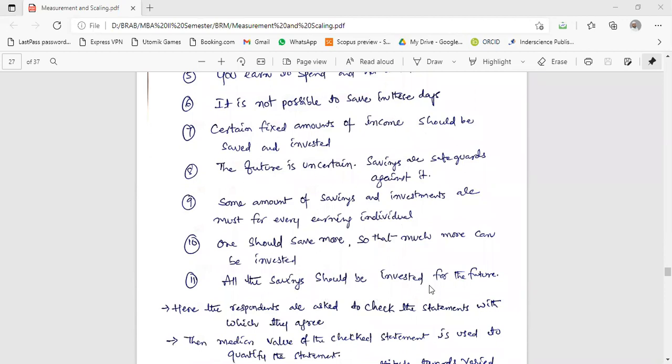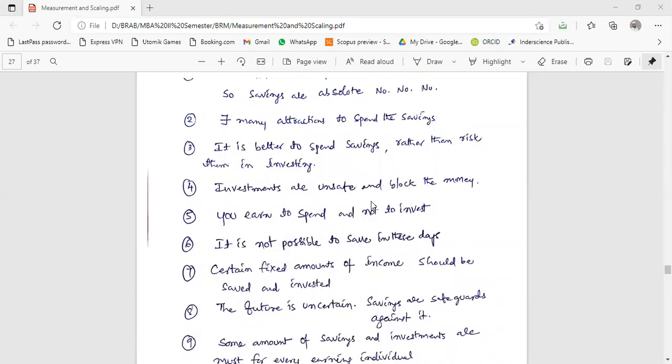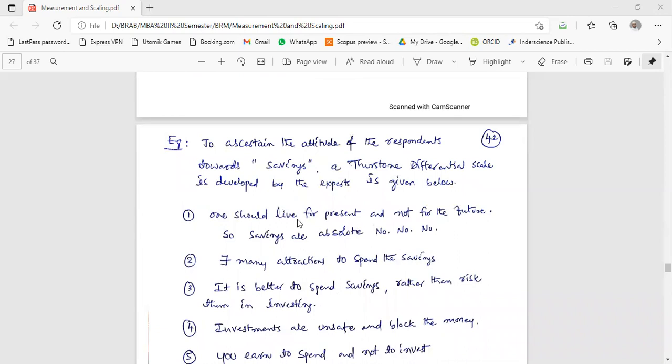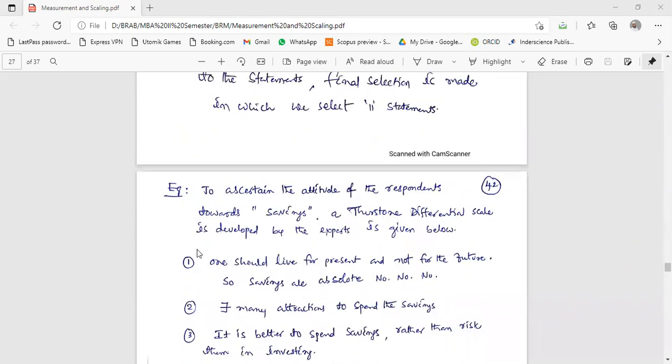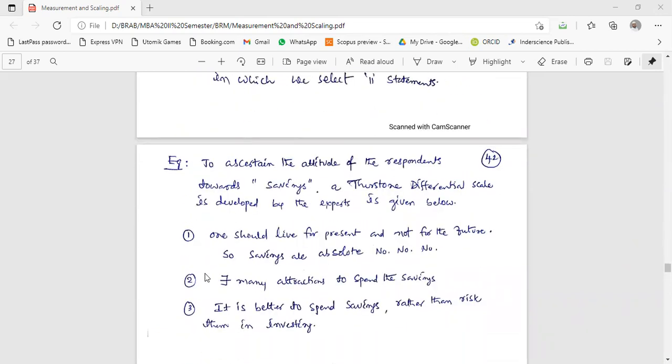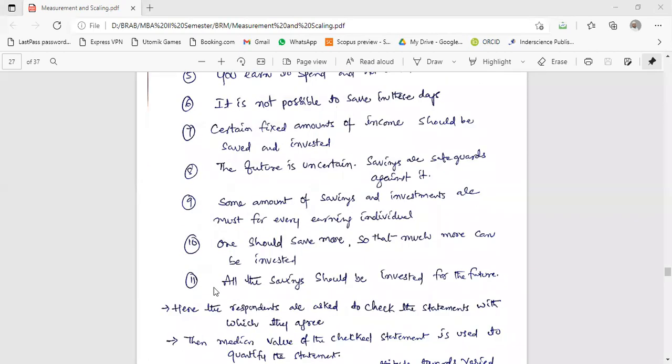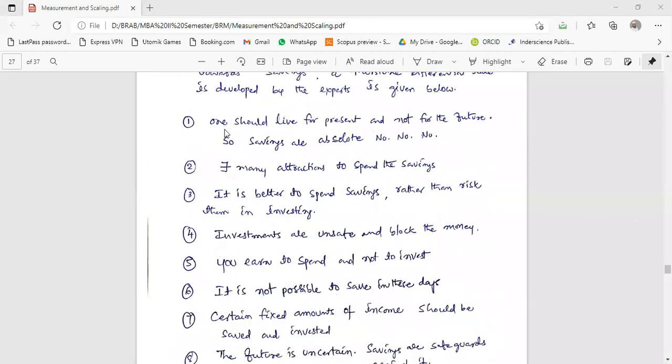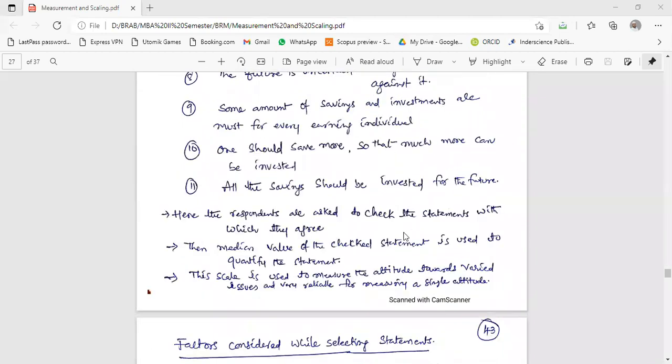All the savings should be invested for the future. So here we are developing this Thurstone scale on 11 points, coming from the most unfavorable response to the extreme favorable response. First we started with why to go for savings, and finally we come to this. We presented these statements to the panel, and the panel selected them.